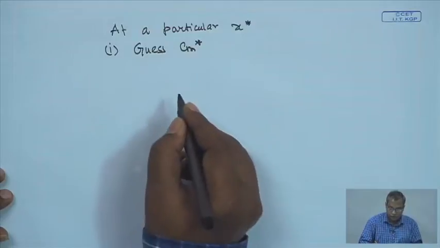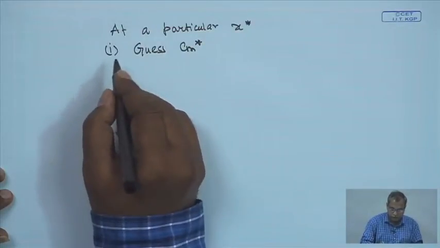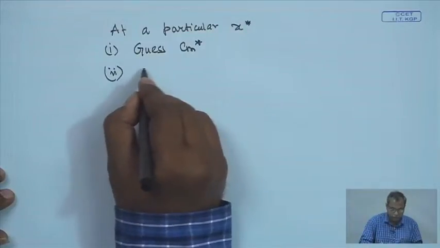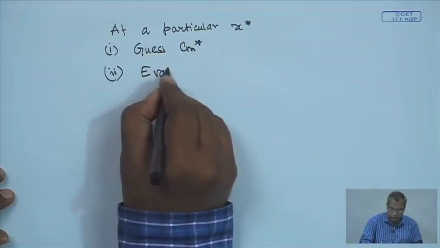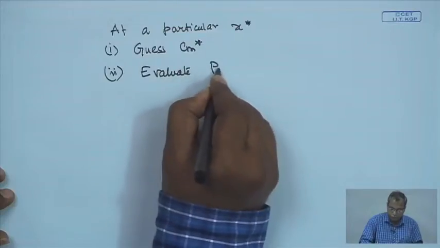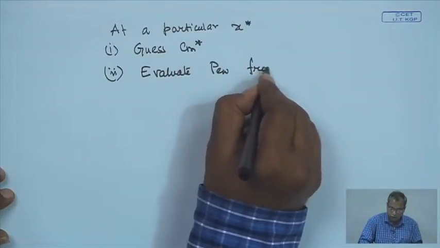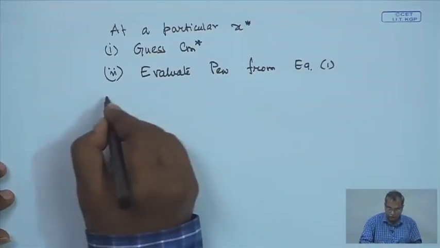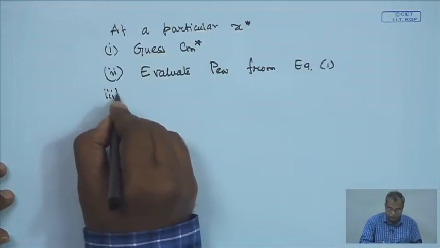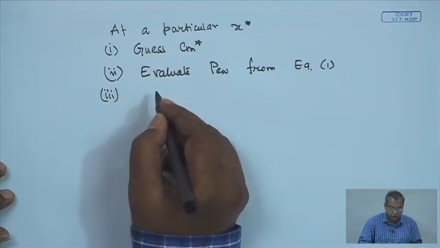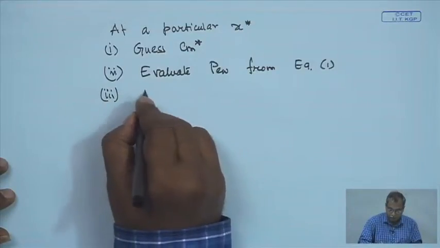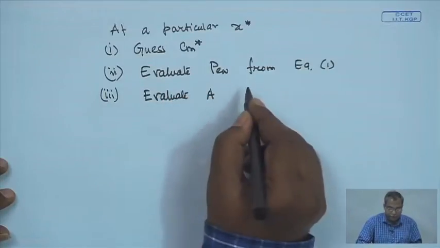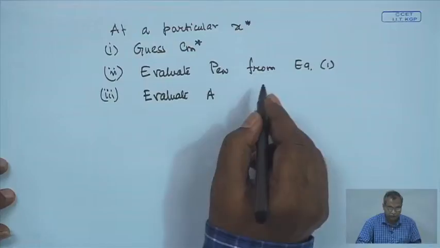Once Cm star is guessed, then from equation 1 evaluate Pw. This is the osmotic pressure relationship. Once Pw is known, then one can evaluate A using the Pw at that particular x location